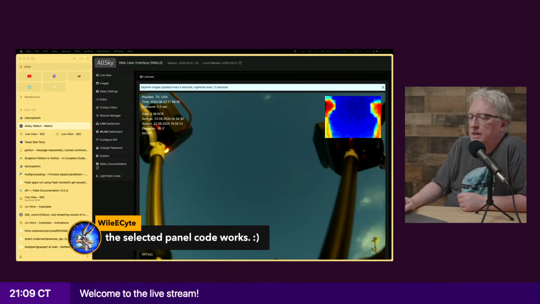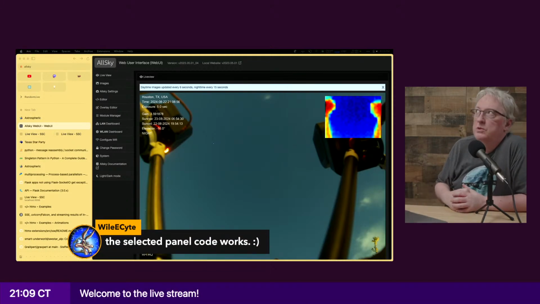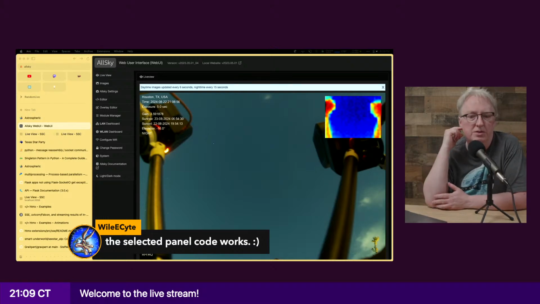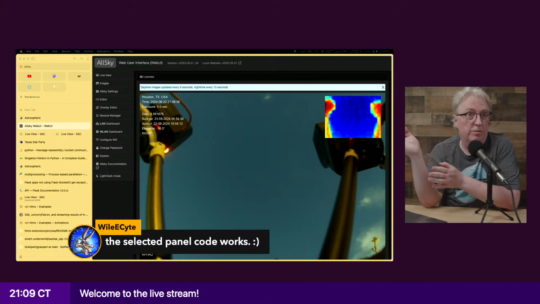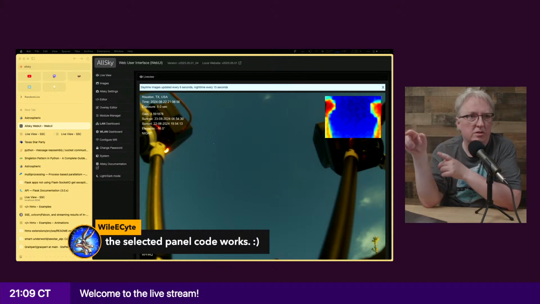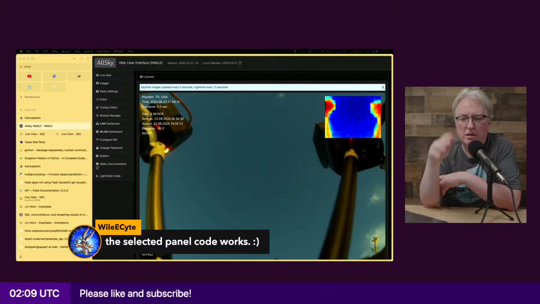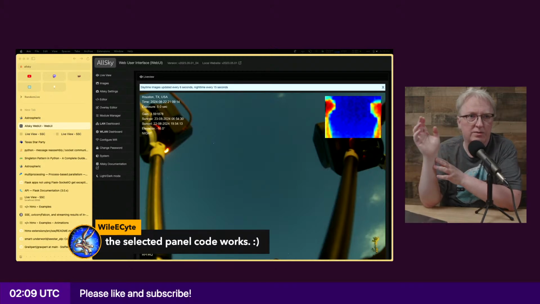The selected panel code works. So there was a recent requested item with the Seestar Alp software. It lets you do mosaics, and you can specify the dimensions of the mosaic, like if you say 4 hours of exposure time.